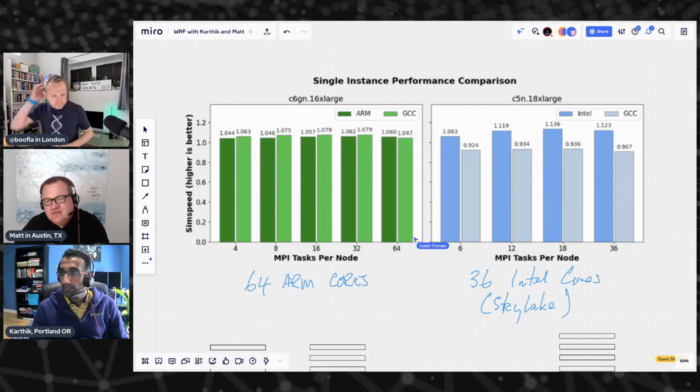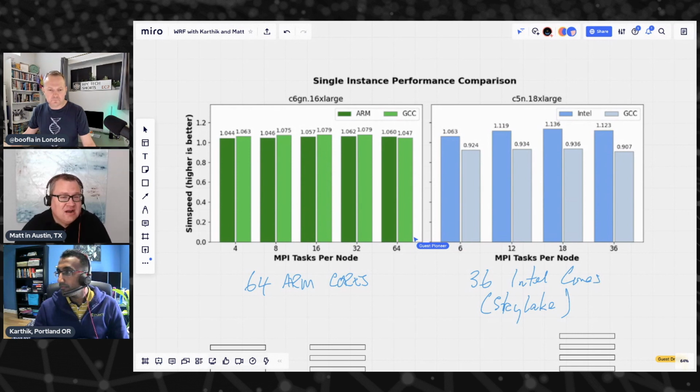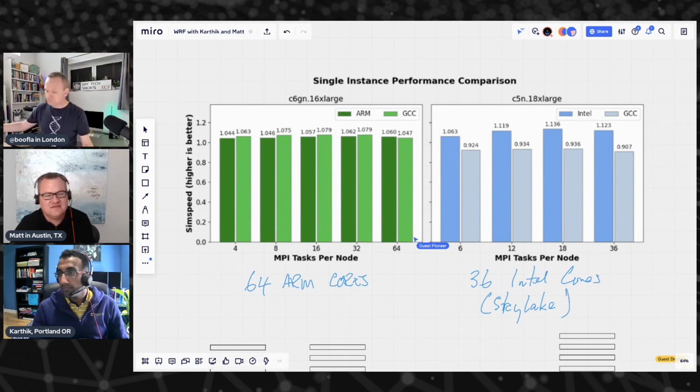Okay. And the headline here is if you look at these numbers, these are absolute across them. You can see the Graviton side is 1.079, and the Intel side is 1.14-ish at the highest. So that's a pretty good comparison on an instance-to-instance level, and that was actually a little surprising for us, to be honest. So if you scroll down a bit,